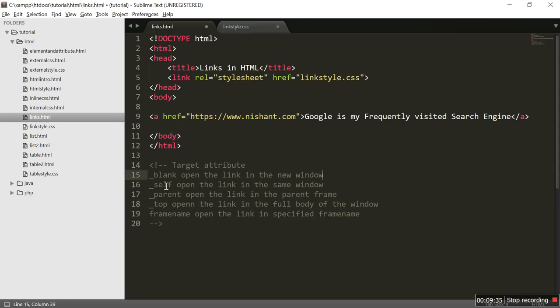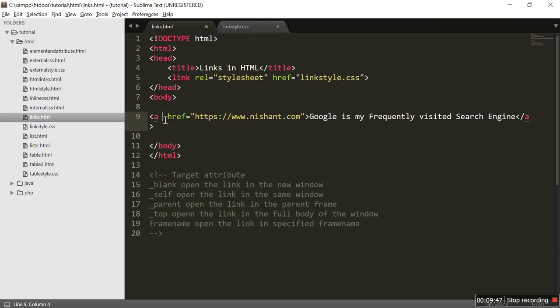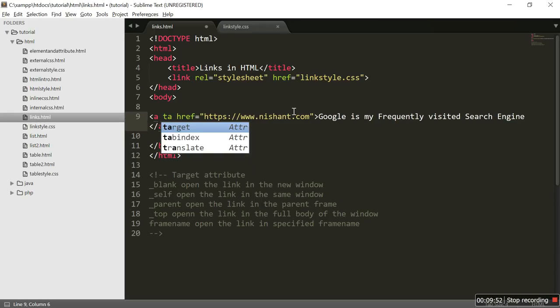But in this tutorial we are going to take a look at _blank and _self. We are not going to take a look at the rest of them. We are going to take a look at them in a further tutorial. So first, how to write target. To write target, we have to write it inside the starting block of the anchor tag. So target